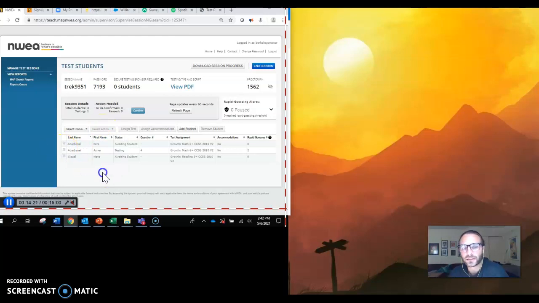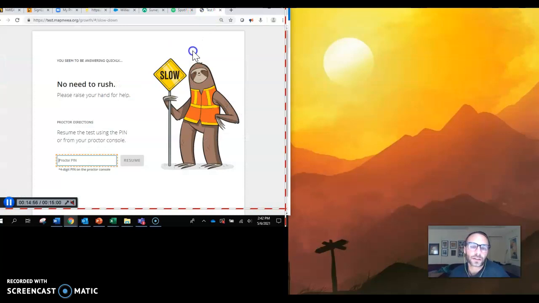By the way, I'm always clicking on these boxes on the left because that's just the way that I go through it. But I could, for instance, have picked any kid whose test is... Oh, it's being slow. Normally what this would say is paused, and it would catch up. So it has not quite yet noticed that Asher is paused here. But if he was, you could go here and click on pause. There we go. Click on pause and it would select all of the students that are currently paused. Again, I usually just click on the boxes there, and then I would click on the resume action from the action list here. And what that's going to do is over on Asher's side, he's going to say it's not fixed yet, but a moment will go by and